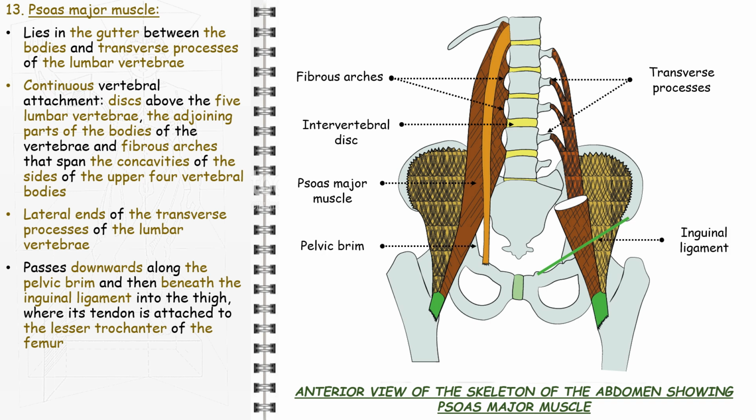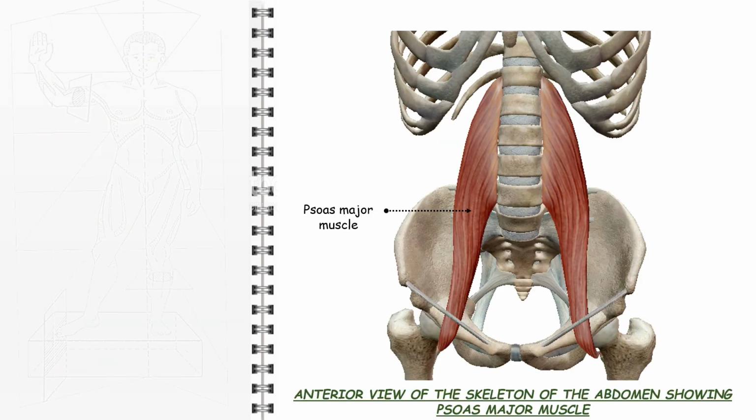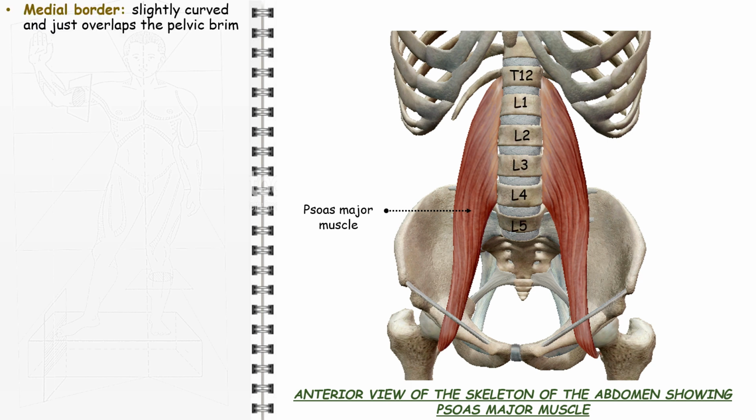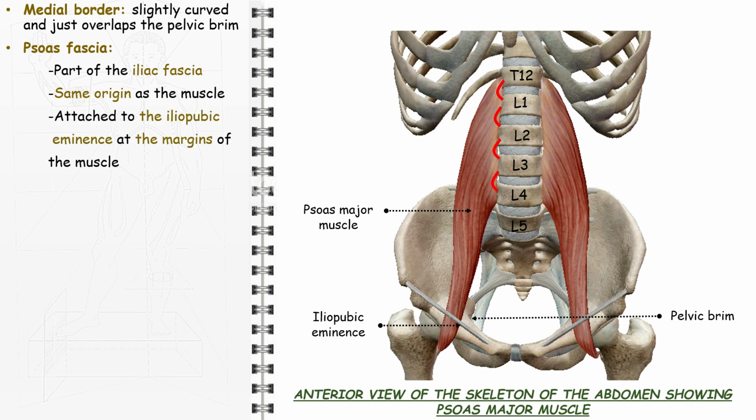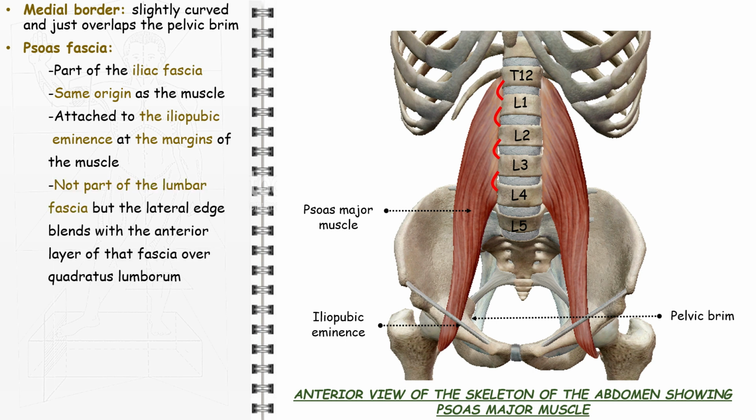Its lateral border is straight but oblique, running downwards and somewhat laterally. Its medial border is slightly curved and just overlaps the pelvic brim. The psoas fascia is part of the iliac fascia, having the same origin as the muscle. It is attached to the iliopubic eminence at the margins of the muscle. It is not part of the lumbar fascia, but the lateral edge blends with the anterior layer of that fascia